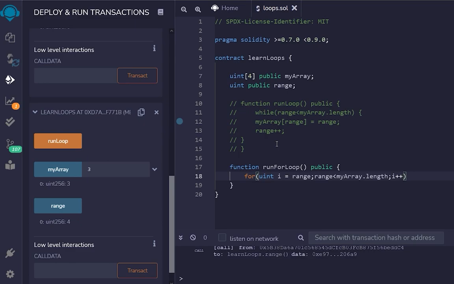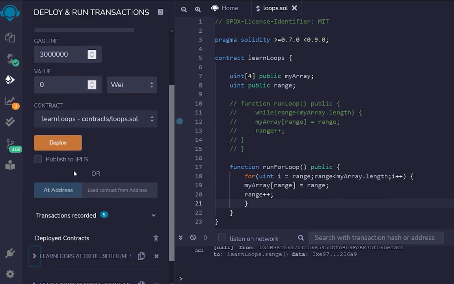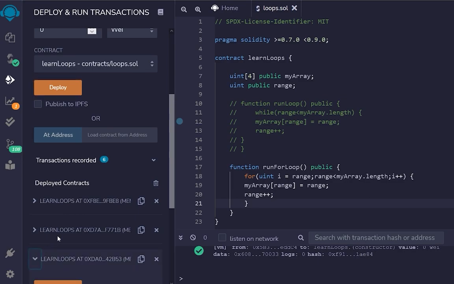That is the syntax for the for loop, and in its body we will paste this condition, like myArray, set the index which is on the range, and that will be equal to the range, and again we will increment this range. Just like this, press Ctrl S and close these 2 contracts and deploy another one,